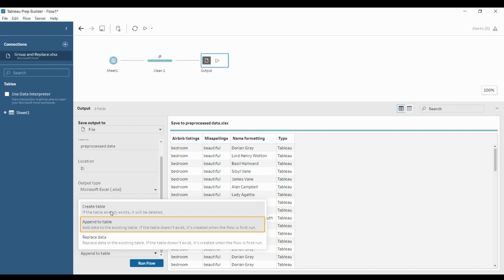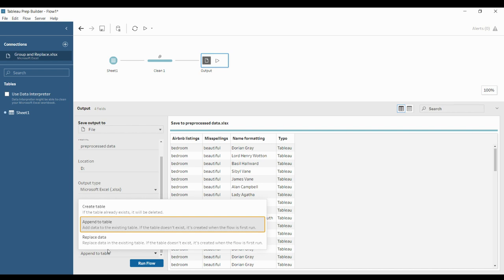That is what create table does. Second one is append to table. Even if you have an existing table, this record will be added at the end of the existing records. And if you want to replace, then the data in the existing table will be replaced and it will create the data.